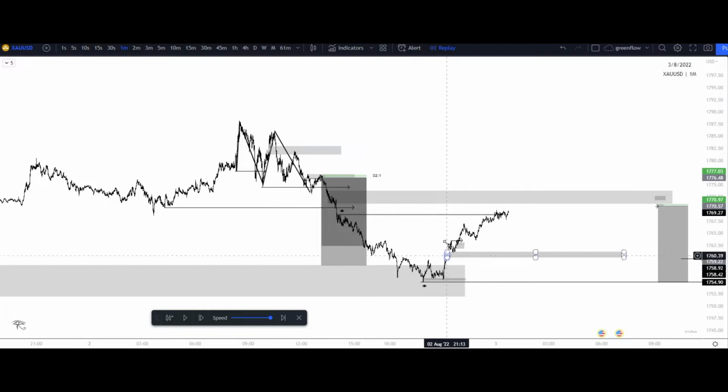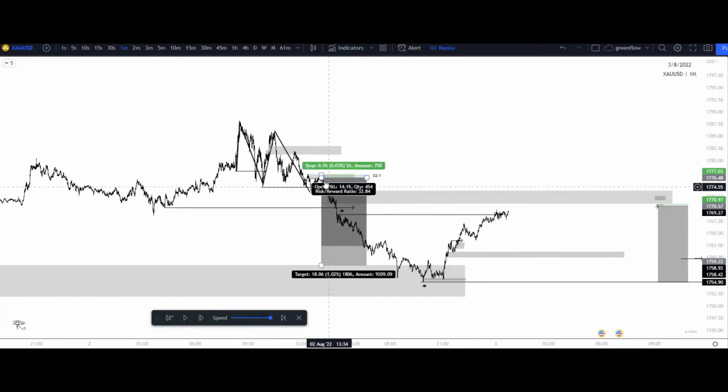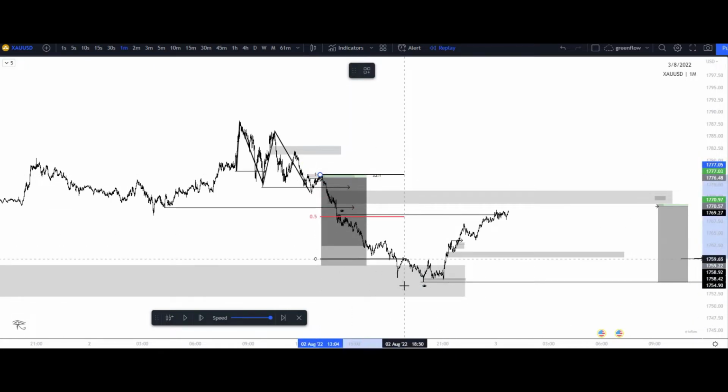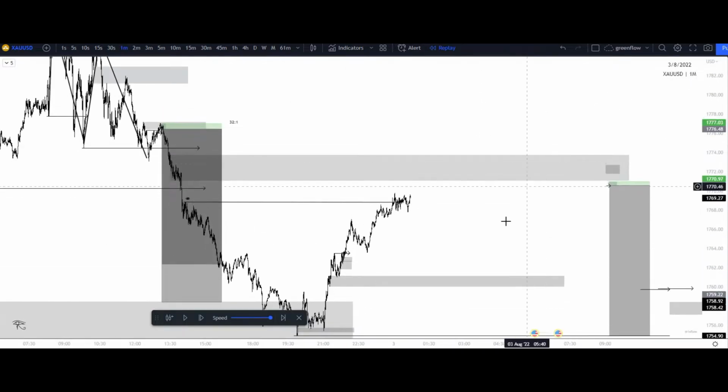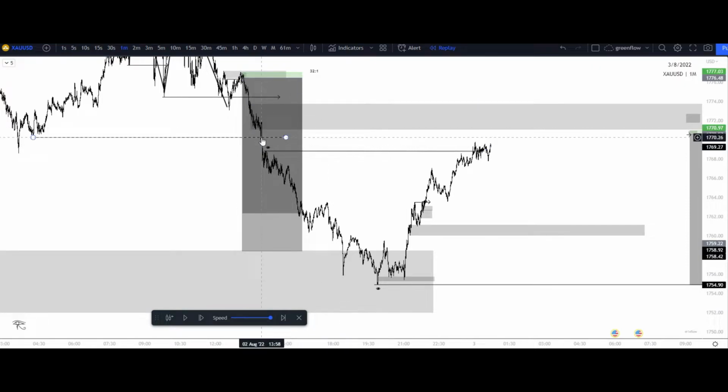So we see that trend line broken. We see it coming up into areas of premium, from this high that caused this low right here. So if I go ahead and just mark that out for you guys to show that, we can see we're coming into areas of premium. I couldn't get down to that low, but that's where I would mark it. We see we have now taken out the shorts and filled imbalances within these areas.